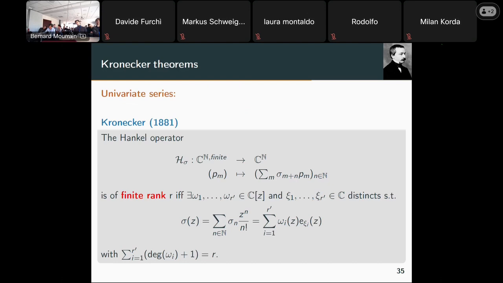So this is in fact the same operator as the Hankel operator we have seen. And he proved that this operator has a finite rank, if and only if we can find